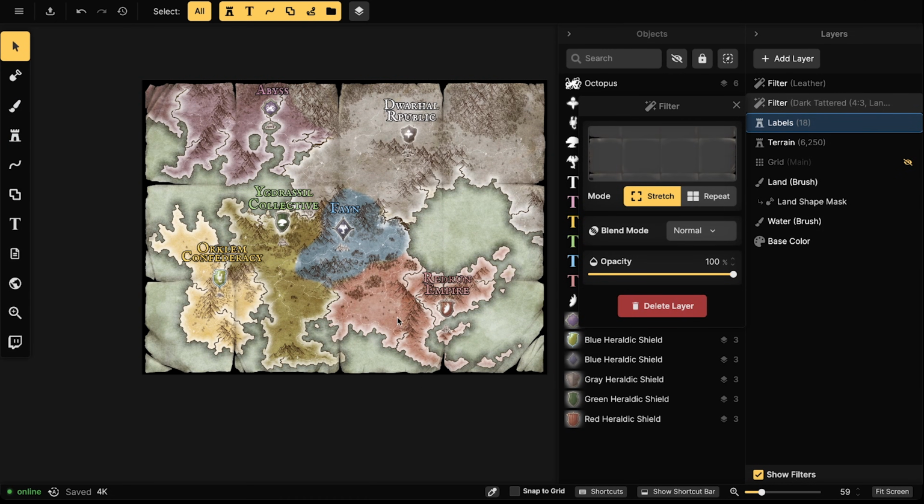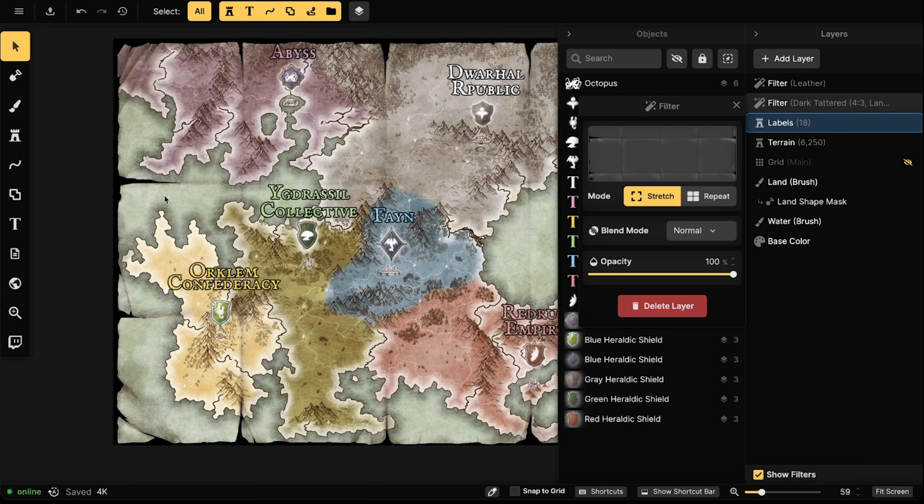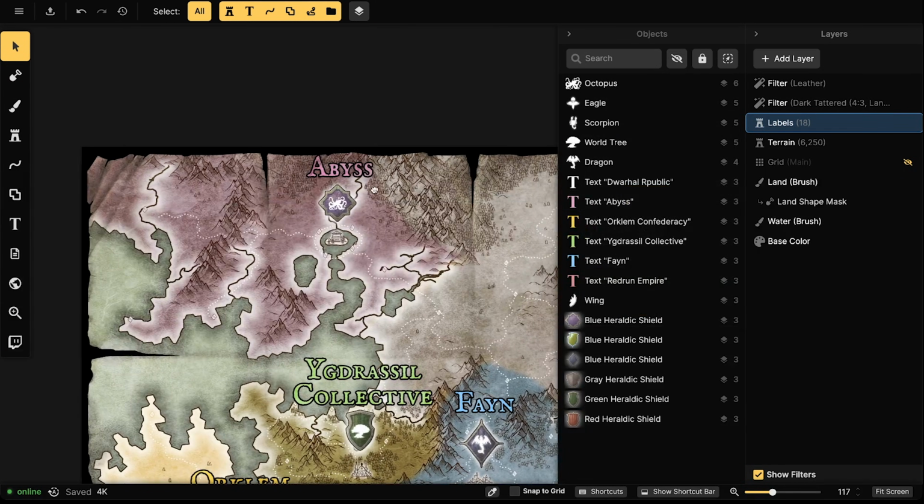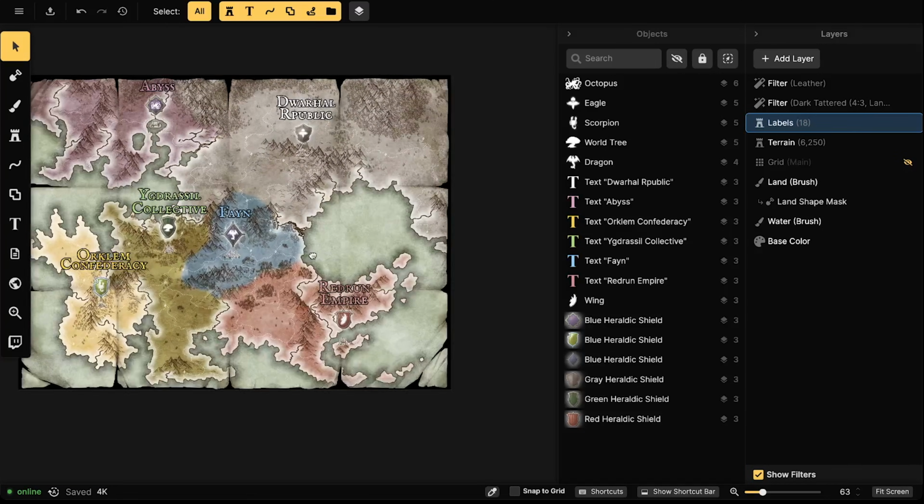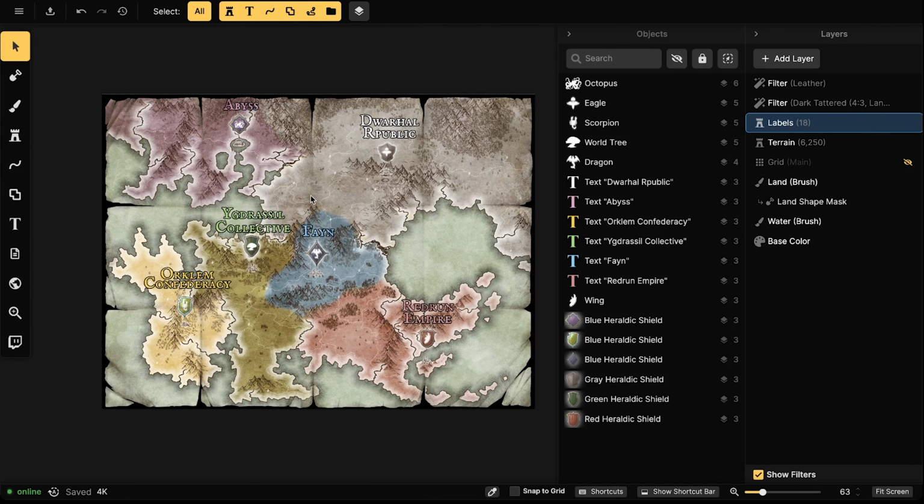Maybe the black will pop out more. It kind of does. I think that looks a little better. That dark black color works a little bit better, I think. There we go. So now it gives this look of a folded political map that your characters hold on their person,